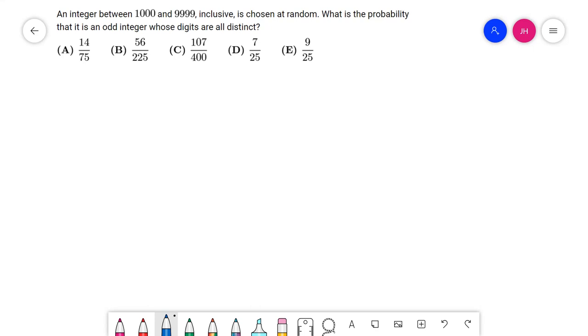Let's look at this probability / counting problem. An integer between 1000 and 9999 inclusive is chosen at random. What is the probability that it is an odd integer whose digits are all distinct? I think this problem has been made easier on purpose because it has a constraint that is between 1000 and